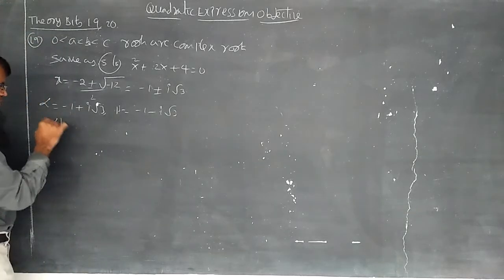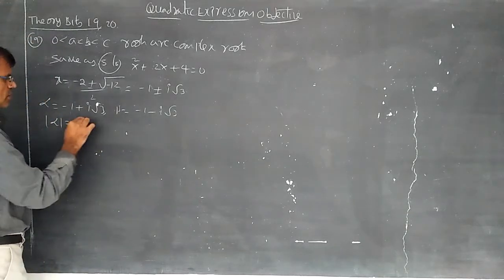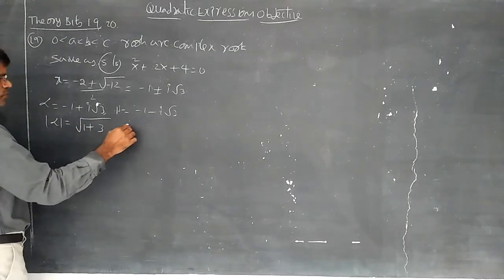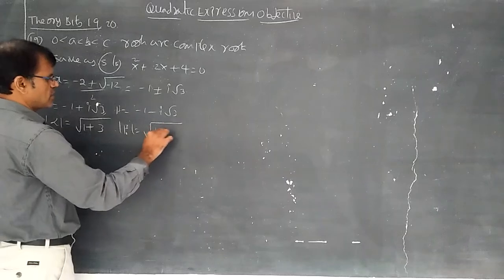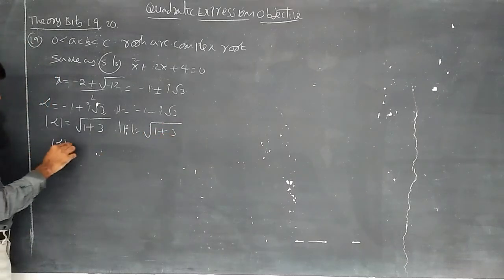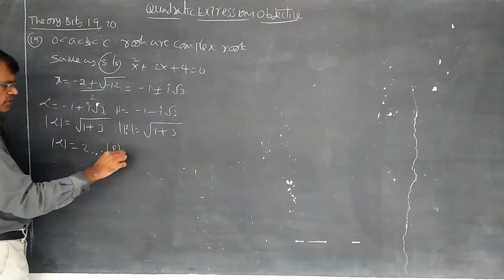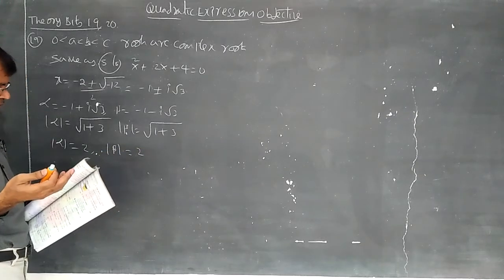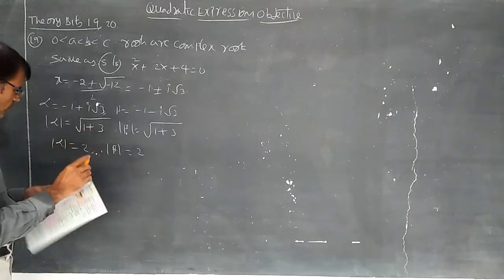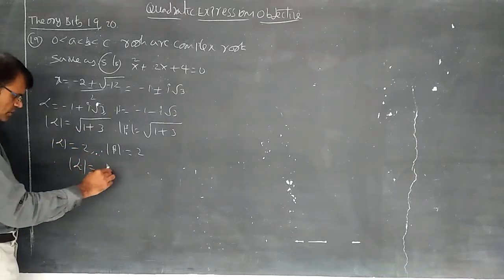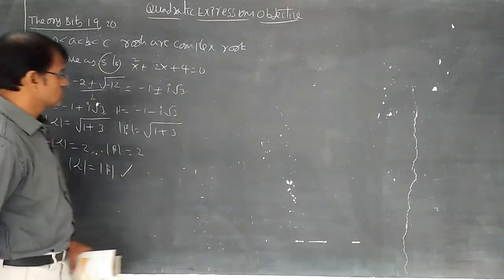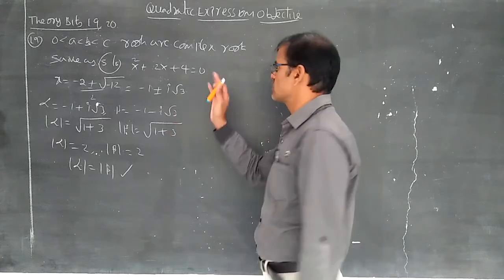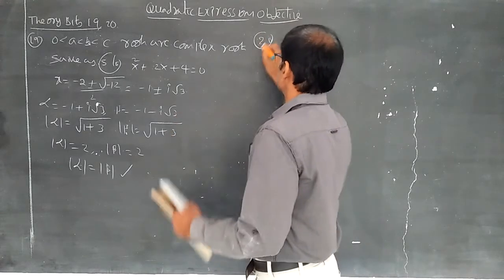Now, according to the options, you should do mod alpha and mod beta separately. I said that the modulus of a complex number is root of real part square plus imaginary part square. So what is happening here? Modulus alpha is equal to 2, modulus beta is equal to 2. So the second and third options, alpha greater than beta, less than, are not correct. The proper option is mod alpha is equal to mod beta, because always the modulus of conjugate complex numbers is the same. It is the correct concept of this question.